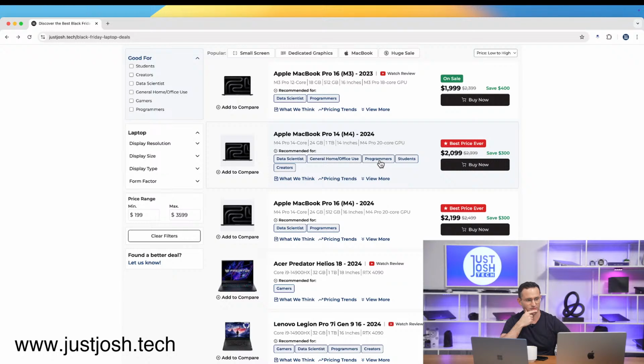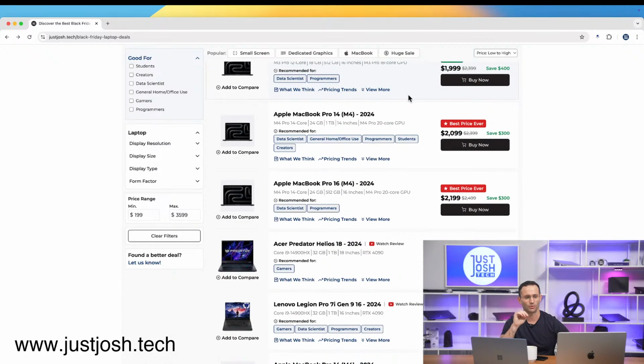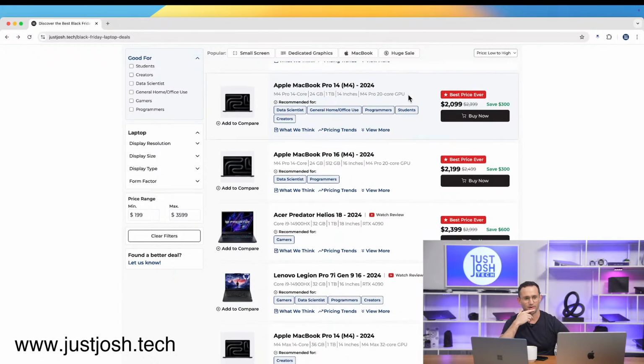More MacBook Pro discounts. This is the M3 Pro 16. This is the MacBook Pro 16, $400 off. I've said this in my MacBook videos: I think the M3s need to be at least $400 off compared to a comparable M4 to make it worthwhile, and I don't think this one is, so I would kind of get the M4s. The M4 is such a big step up, particularly